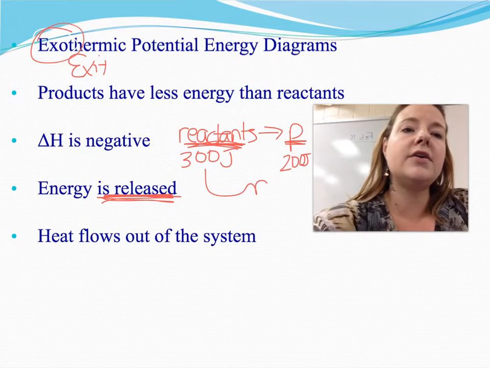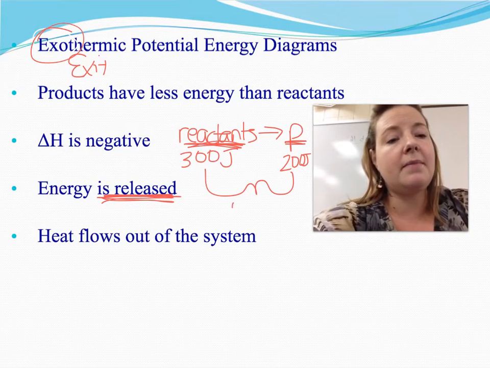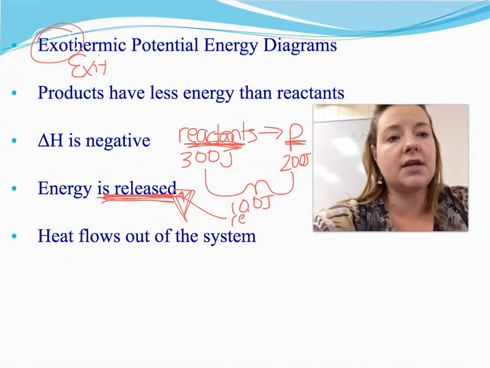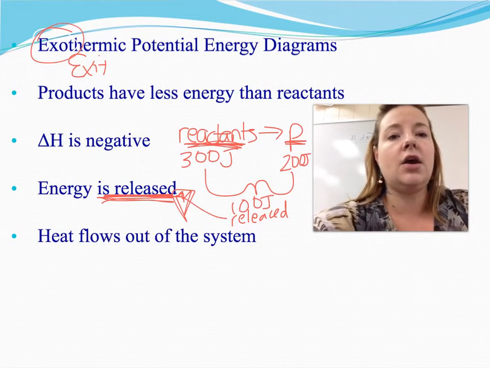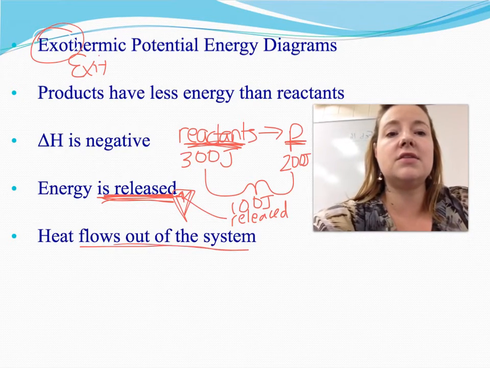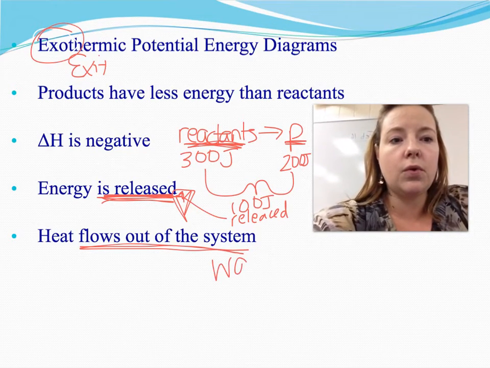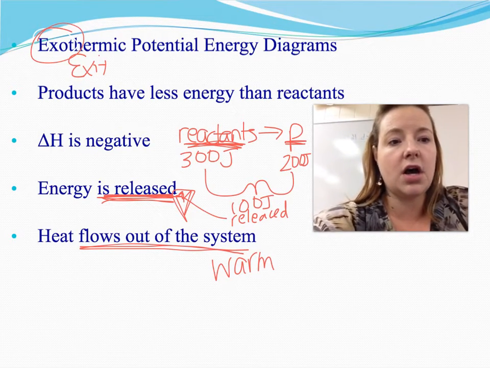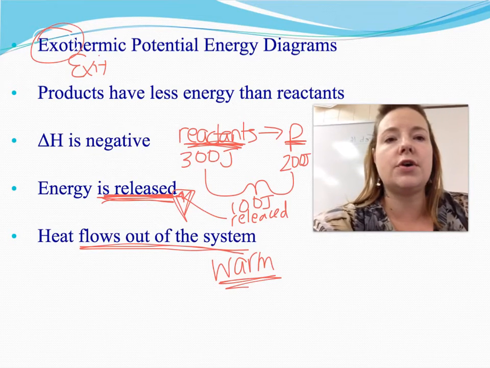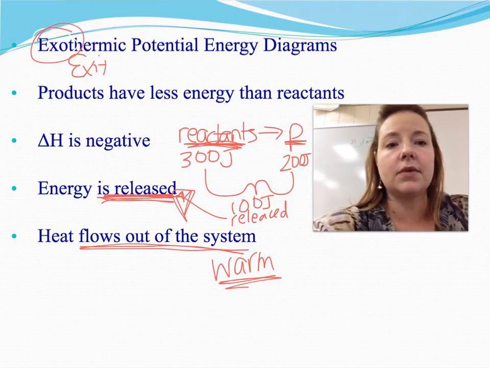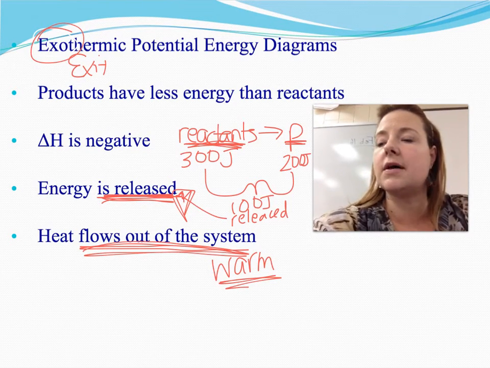Well, where did this energy go? That means that 100 joules of energy was released. So here, energy is released. And what happens then is that that heat is flowing out of the system, and so it feels warm to our touch. Okay, so in an exothermic reaction, the system loses heat, the heat flows out of the system,